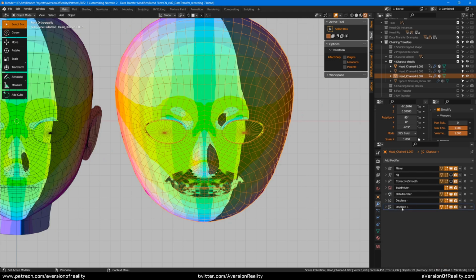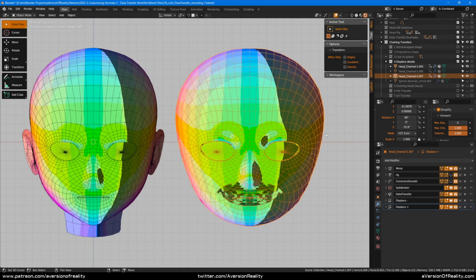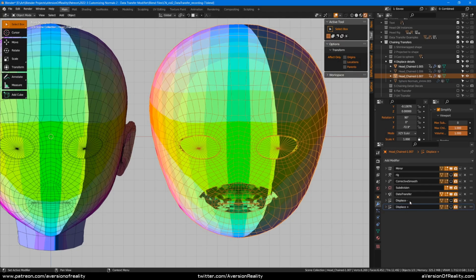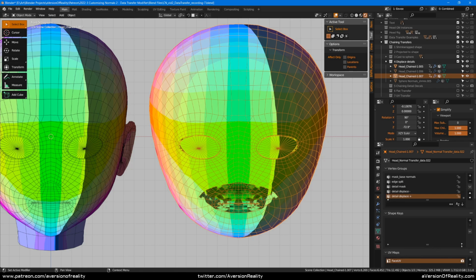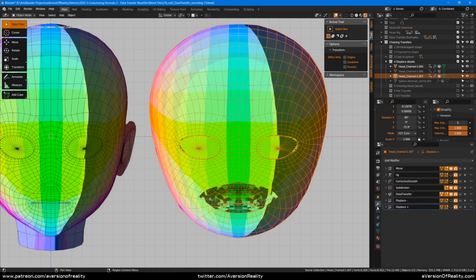Now, we are dealing with the displace here, so we could use an image texture instead, and then we probably could get some nice results. I haven't made an example setup of that, but that should work. And of course, this method doesn't just have to be displace modifiers. You can use any sort of modifier that can go after a data transfer and after a subsurf. So you can do lattices, you can do surface or mesh deforms. You can't do hooks properly because they don't really work after subsurf for a variety of reasons. And of course, you can do stuff in geometry nodes if you have some other method there. You can't do shape keys, though, because a shape key is always before modifiers.